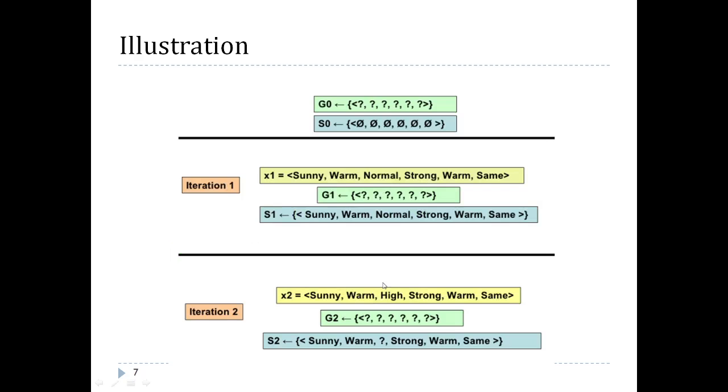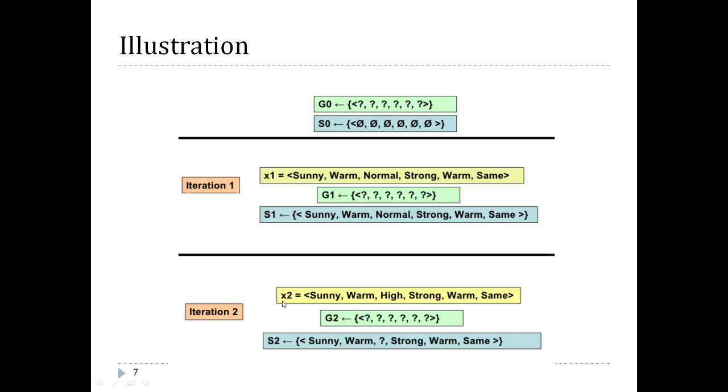null values. So in the first iteration, this is the first training example x1, and G1 we keep as it is. Then S1 will be the attribute values we have in x1, which will be copied into the specific hypothesis because it is a positive example. Then in iteration 2, we will take the second training example, and G2 will be the same, and S2